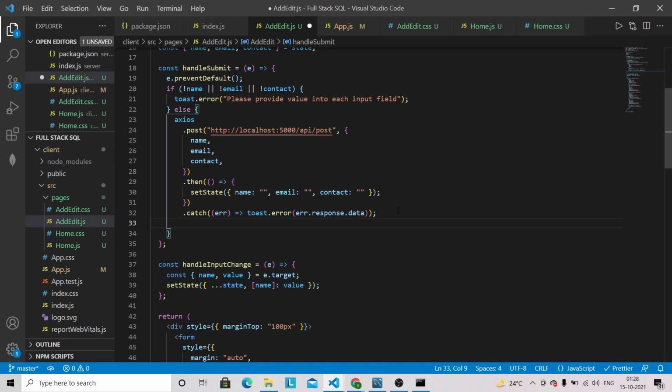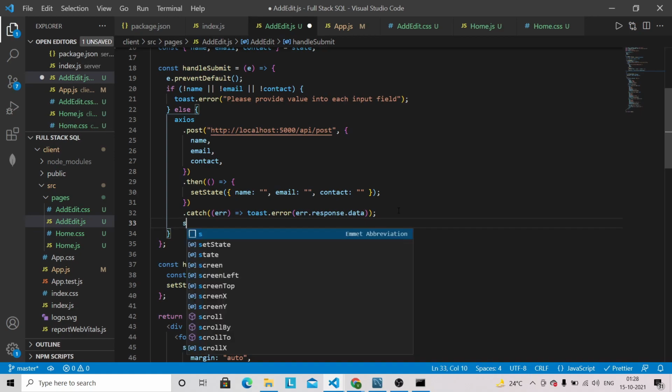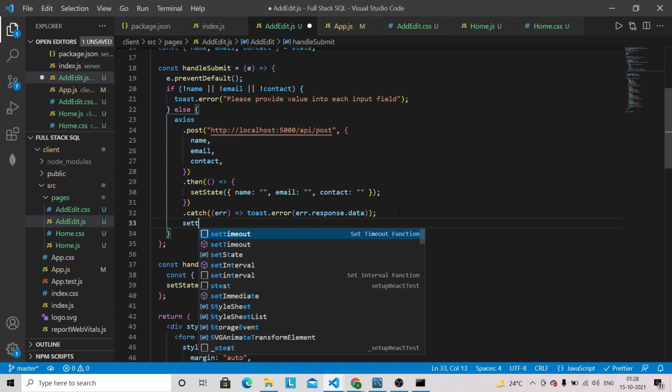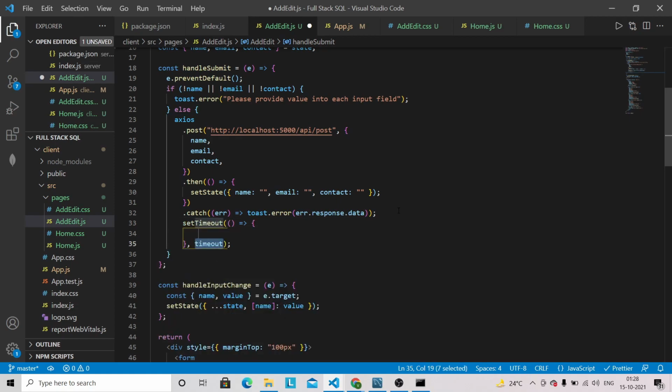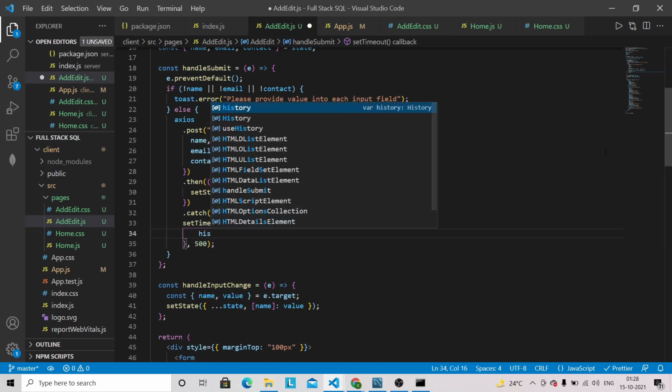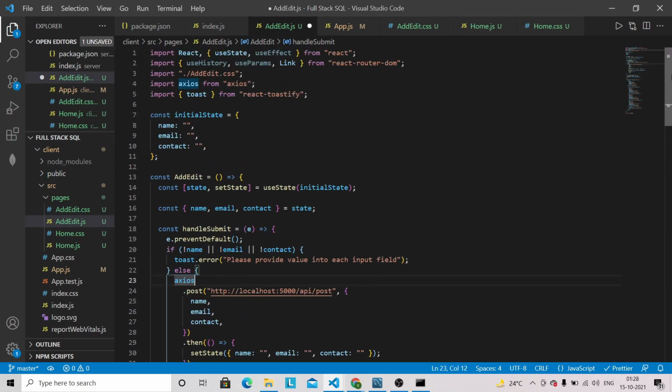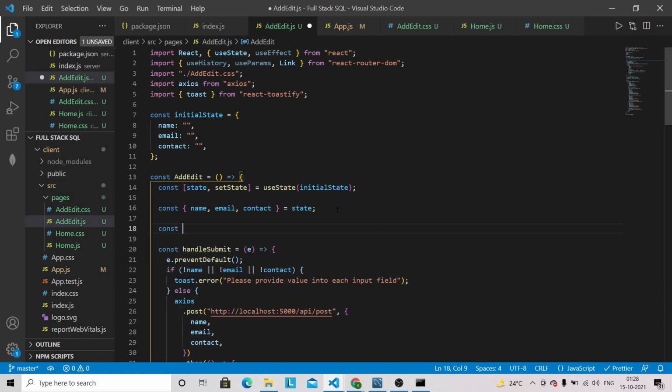And after that basically we have to navigate towards the home page once you add the contact. So set timeout. I'll be basically making a little bit of delay, so for the timeout I'm just giving here 500 milliseconds, and we can give here like history.push. So I think we have brought in useHistory, but we haven't stored the reference of useHistory into a history variable.